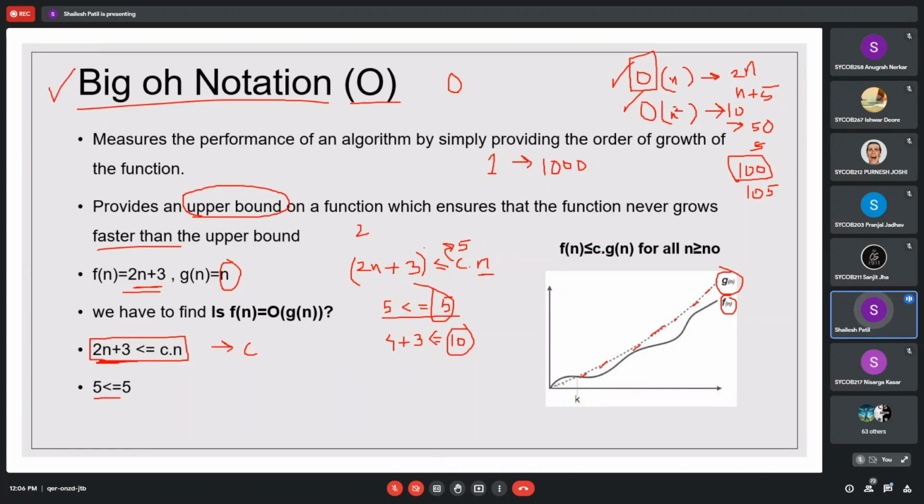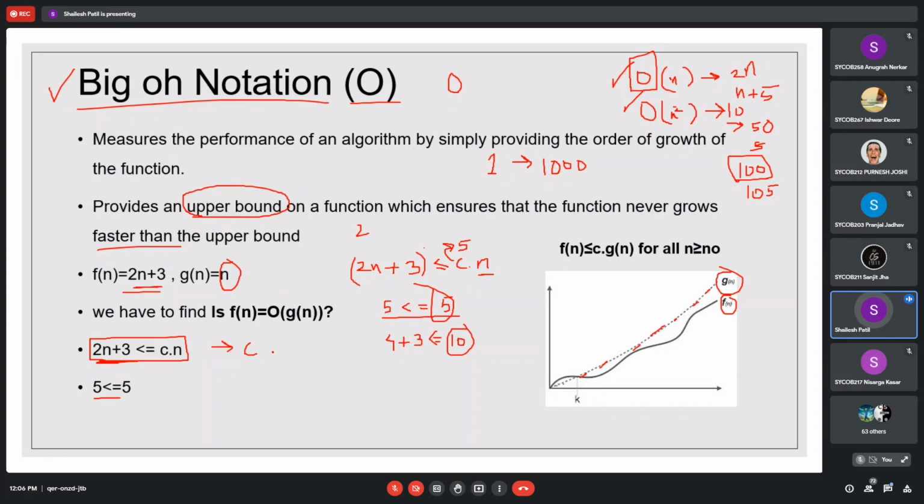From an algorithmic conceptual point of view, we have to consider big O of n, the upper bound. For any algorithm which is written, it will not go above this. If we compare two algorithms, on which parameter will we compare? We will compare on big O notation, not on other notations, because big O is the maximum execution time we require.